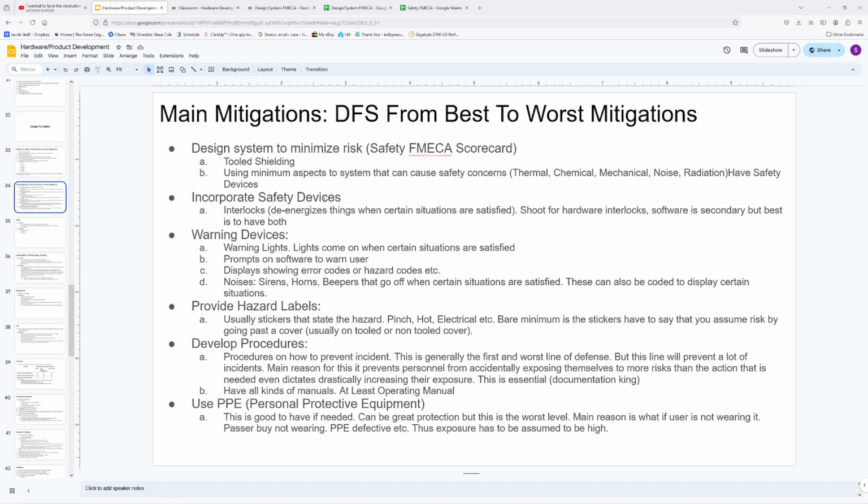So in this case, it's kind of a safety device. They have this fan to suck out the powder, so you don't inhale the powder, because this powder is very microscopic. It's going to get caught in your lungs. It's going to be very hard to cough it out. Warning devices. In this case, there is no warning device. Provide hazard labels. They're going to have hazard labels everywhere inside the machine and then they're going to have it inside